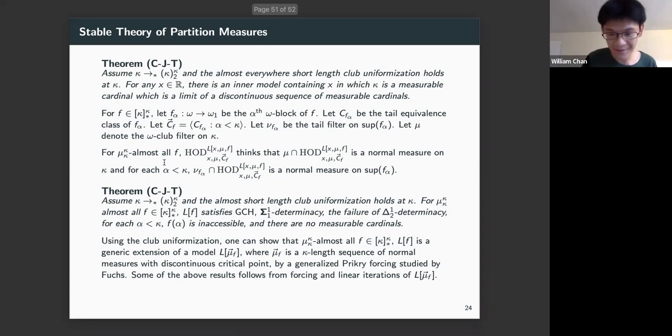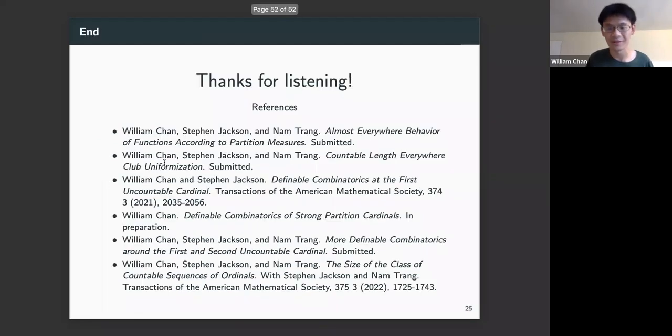Okay. So this is all I have for today. I think I got through most of the combinatorial consequences of partition properties that I'll need for next talk. In the next talk, I will be looking at the ultrapower question of Goldberg concerning the ultrapower of omega-1 by its strong partition measure. And there, I really will need to tell you something about determinacy and how to code things using determinacy. Anyway, thanks for listening. I hope you come back next week.